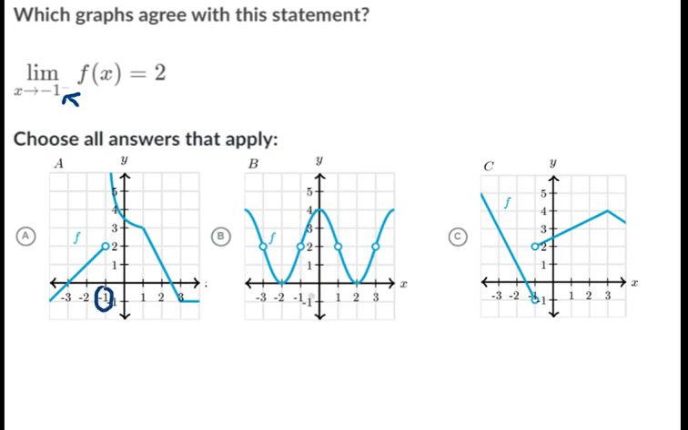So -1, -1, and -1. So coming in from the left-hand side, so the number's lower, it looks like this one is approaching 2. Coming in from the left-hand side of this one, it looks like that one's also approaching 2